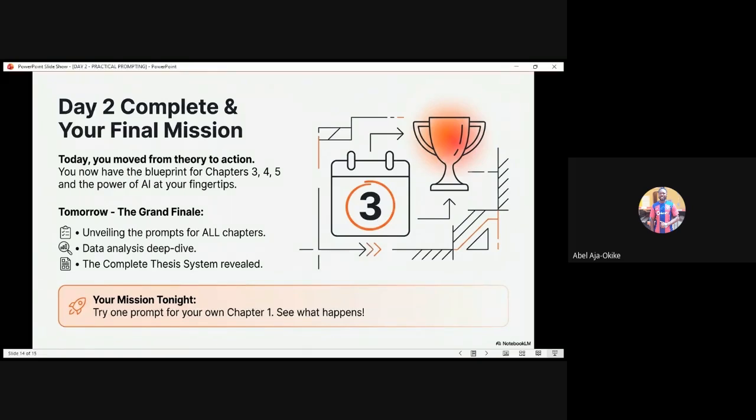So this is what you're going to do. You are going to try one prompt on your own. I'll give you the outputs. Now, if you are smart, I'll give you the output. Just use that output to craft something on your own. Thankfully, the network allowed us to be able to stay up to this point. So use that output to craft your own prompts and then use it to generate chapter 1 based on any topic of your choice. You don't have to use mine.